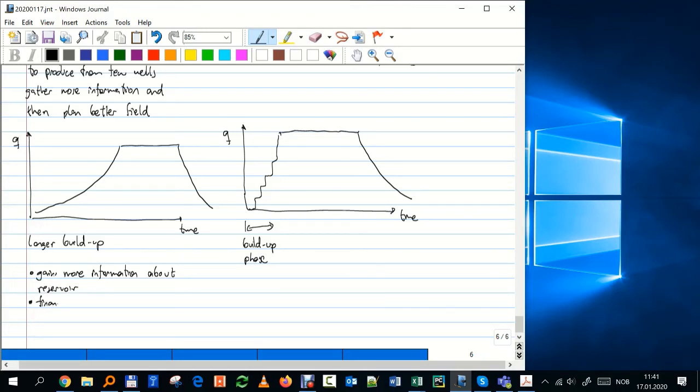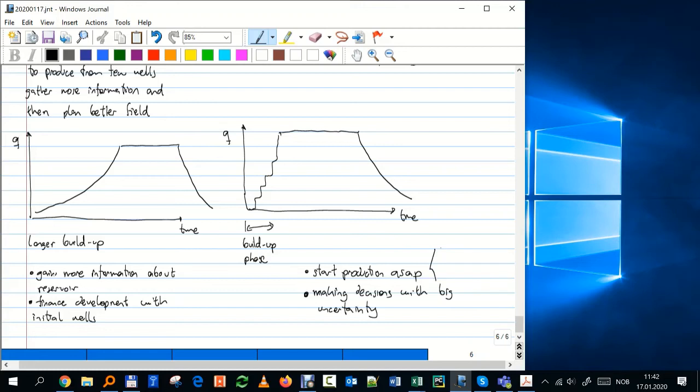So the intention here is to gain more information about the reservoir, and also to finance development with these initial wells. While offshore, there is a push to start production as soon as possible. You also are making a lot of decisions with big uncertainty. And so one of the things is that you want to shorten the build-up phase, and you also want to